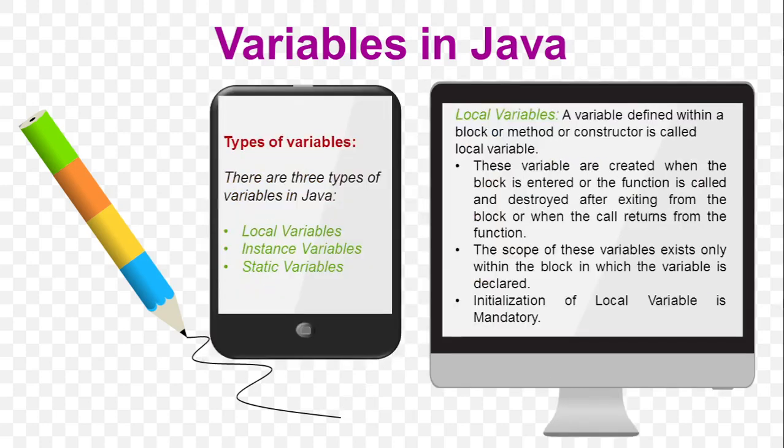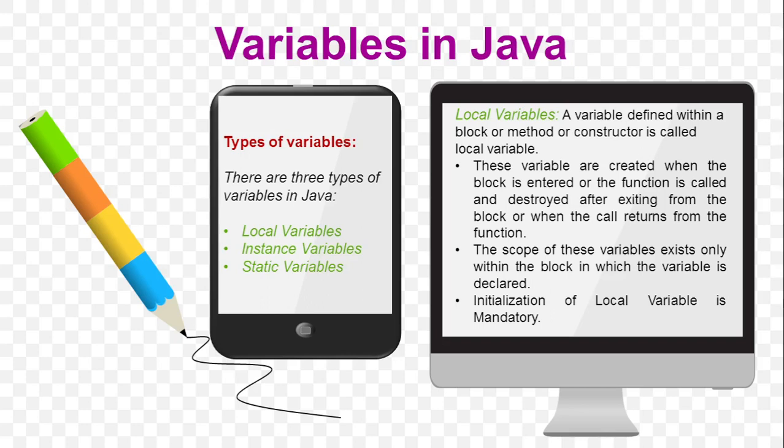There are three different types of variables in Java. Very important it is. You should listen very carefully, you should understand, and you should see the hands-on, which I'll go through after the explanation of each and every point. So there are three types of variables available in Java. The first is the local variable, the second one is the instance variable, and the third one is the static variable.